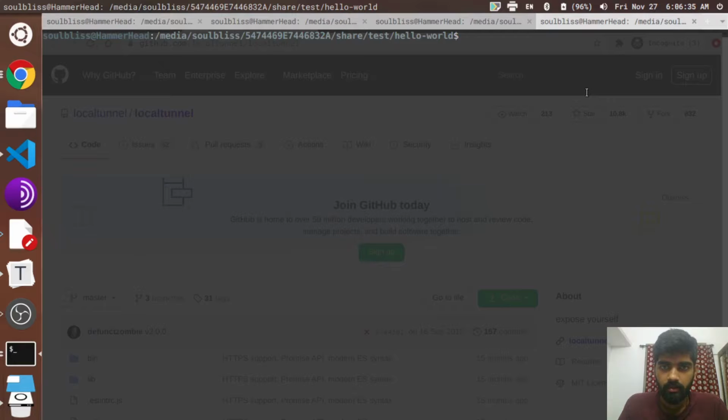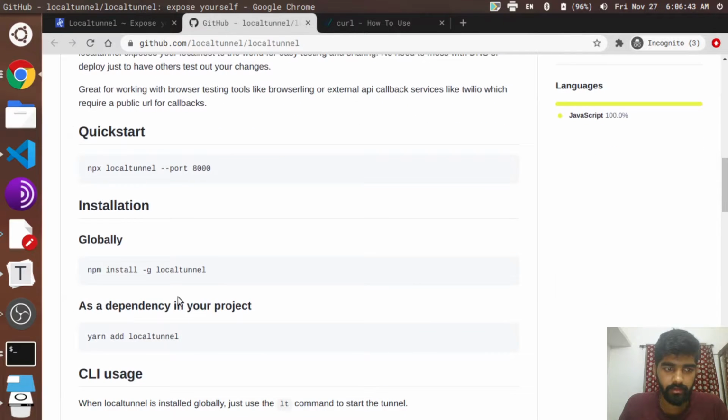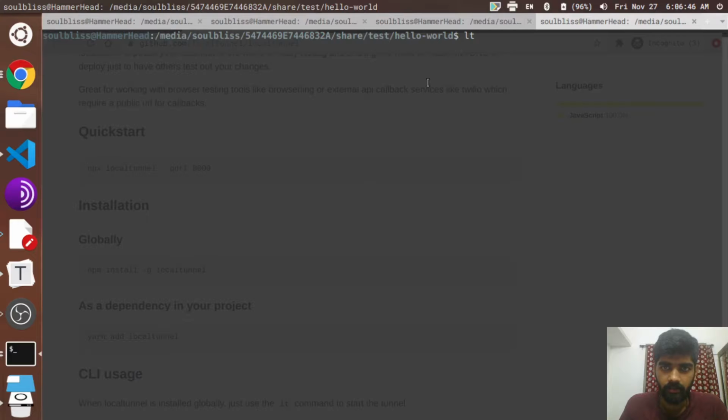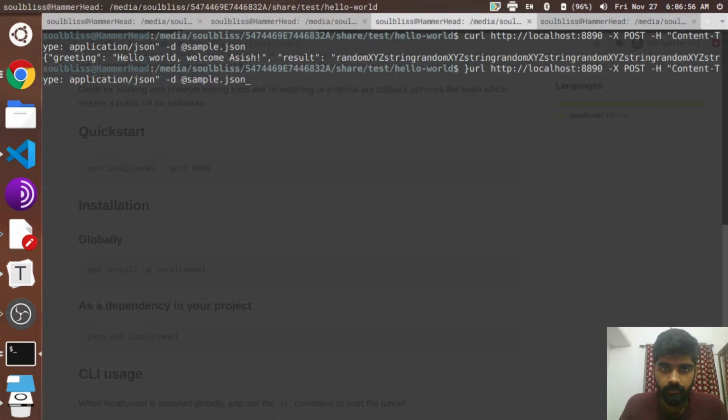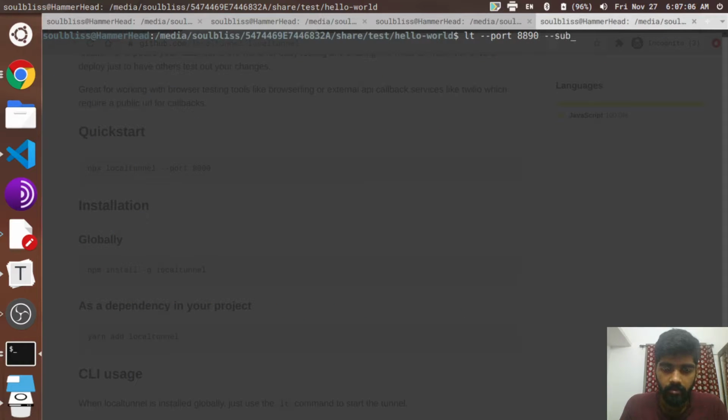So after you install this using npm install localtunnel, you will be able to use lt, and the port that we want to share is 8890. We want to expose this port online, and for the subdomain we can give any name, like we prefer python hello.